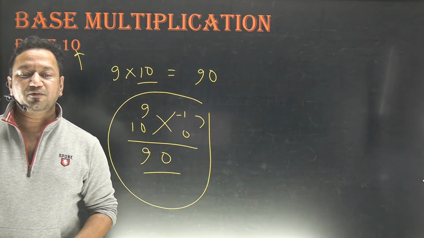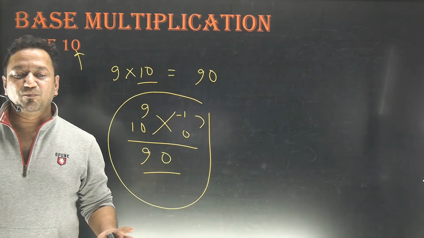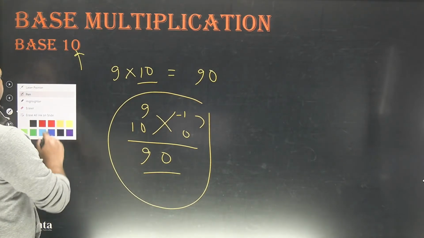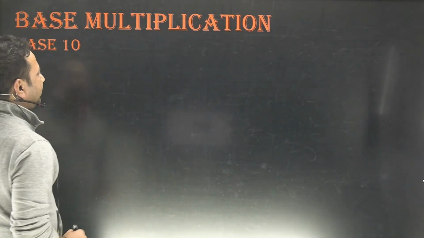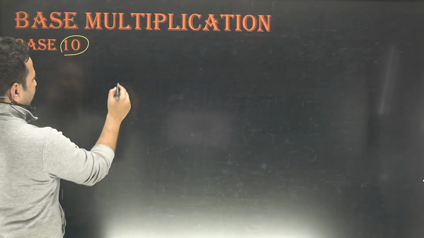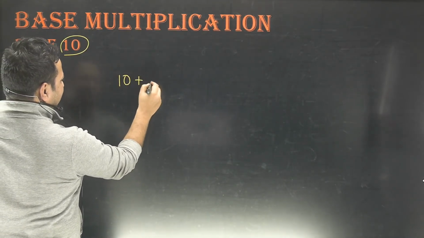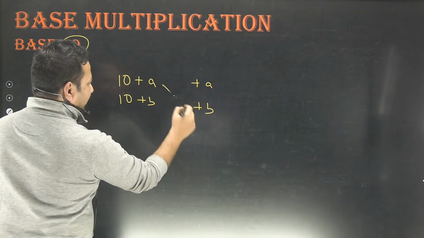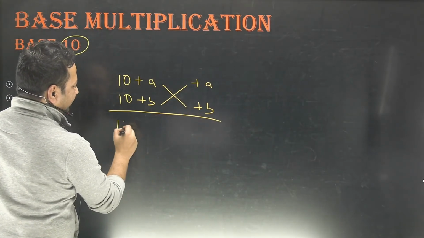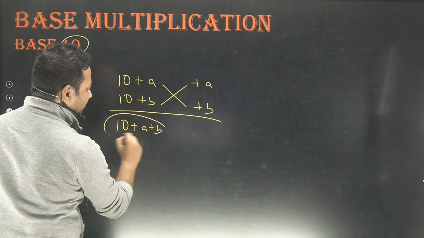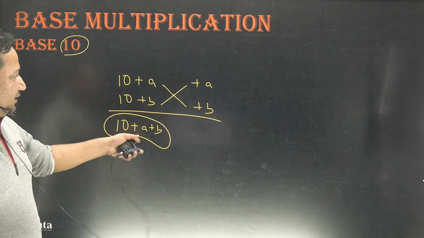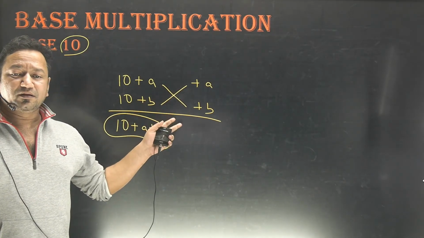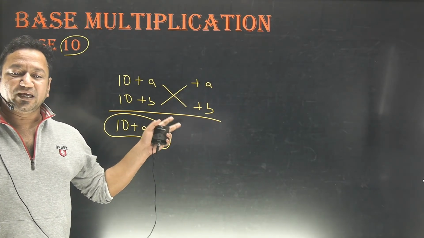Tirath, the sum would always be same. Always, always, always. That can never change. By the way, that's a good question, and I'll tell you why it doesn't change. Any number that we take, let the numbers be 10 plus a and 10 plus b. If you write plus a here and plus b here, adding it this way, you will get 10 plus a plus b in both the cases, yes or no? Is this understood? I'm explaining this just because you need to understand that in all the cases, the sums would always be same.